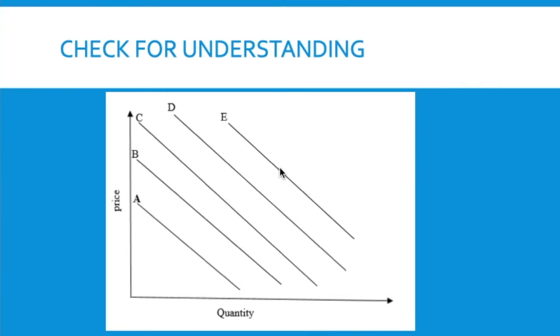An activity to check for your understanding of demand. So if you have a piece of paper and a pen, you can copy this on there. So make a vertical axis with the price on there, and a horizontal axis with quantity on there. And up here we have 5 different demand curves. So you can draw 5 straight lines going downward to the right, just like a demand curve would, and label them A, B, C, D, and E. I'll give you a second to do that. And anytime during this activity, you can pause the video while you're drawing that. So when you're done doing that, we'll look at this scenario.